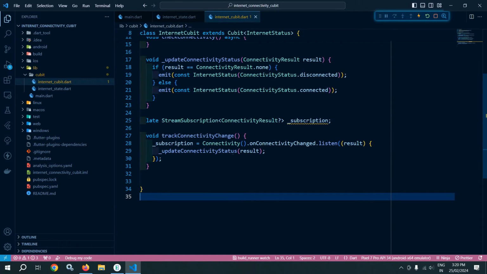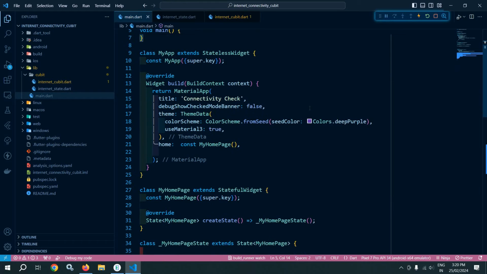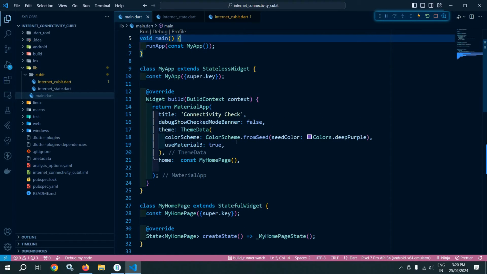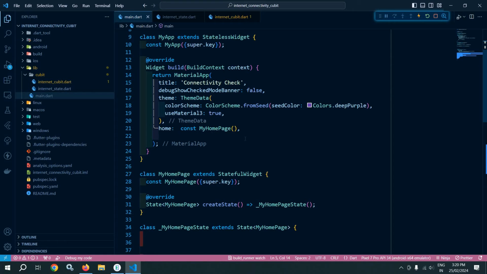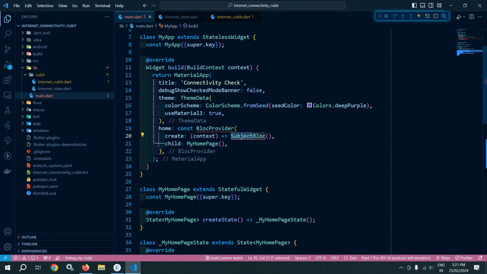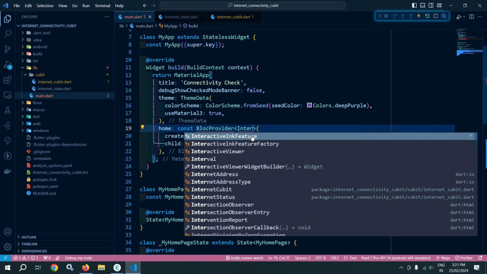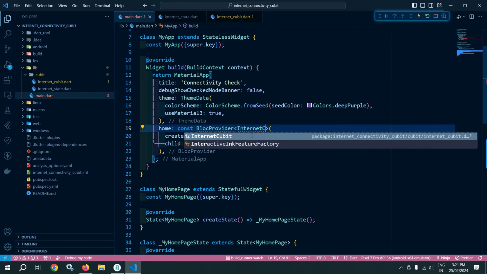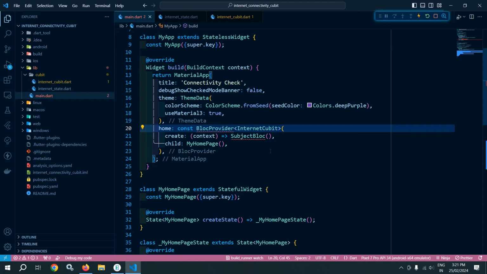Okay. Now I will move to main dot dart. In the main dot dart here, in the my app widget, I will wrap this my home page with block provider. So I will click here and I will wrap this with block provider. Now this block provider will be of type what? It will be of type internet qubit, and